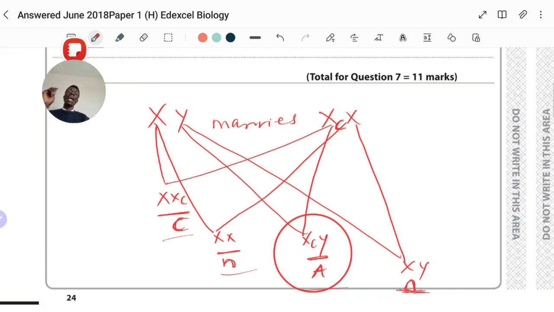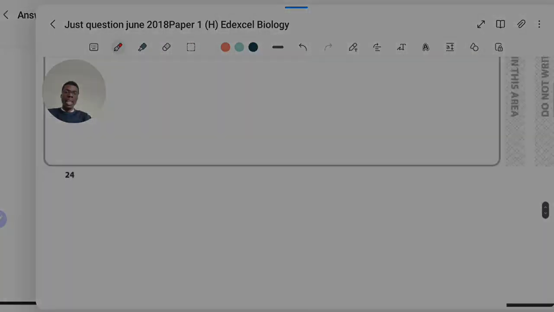Males give their X chromosome to their female child and give their Y chromosome to their male child. While the female will, of course, always give X. So we give X to the Y to make a male, and we add the X to the X to make a female. Hope this made sense. All right, moving on. That was quite elaborate, but I think it was